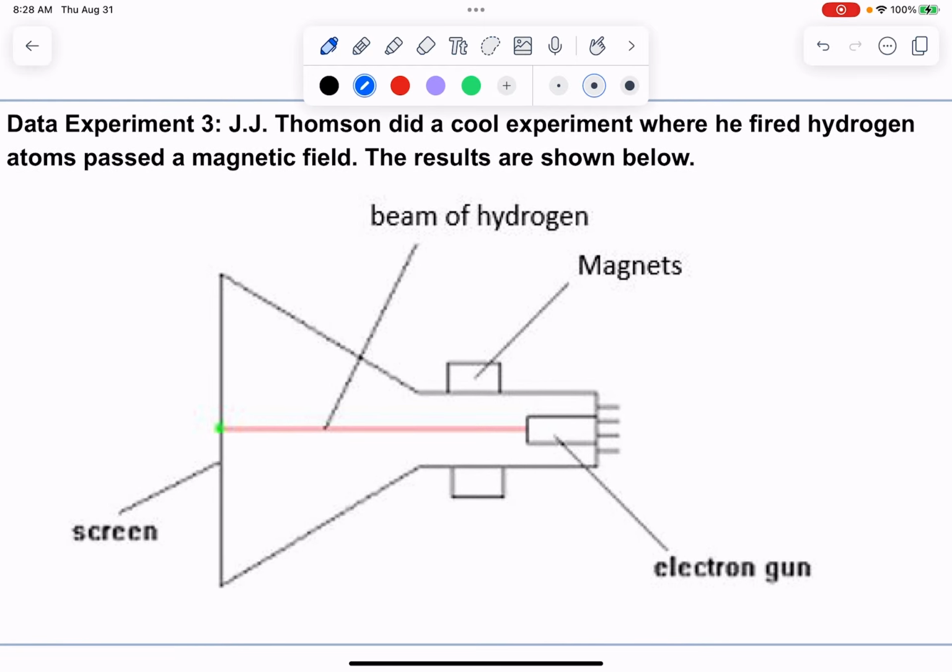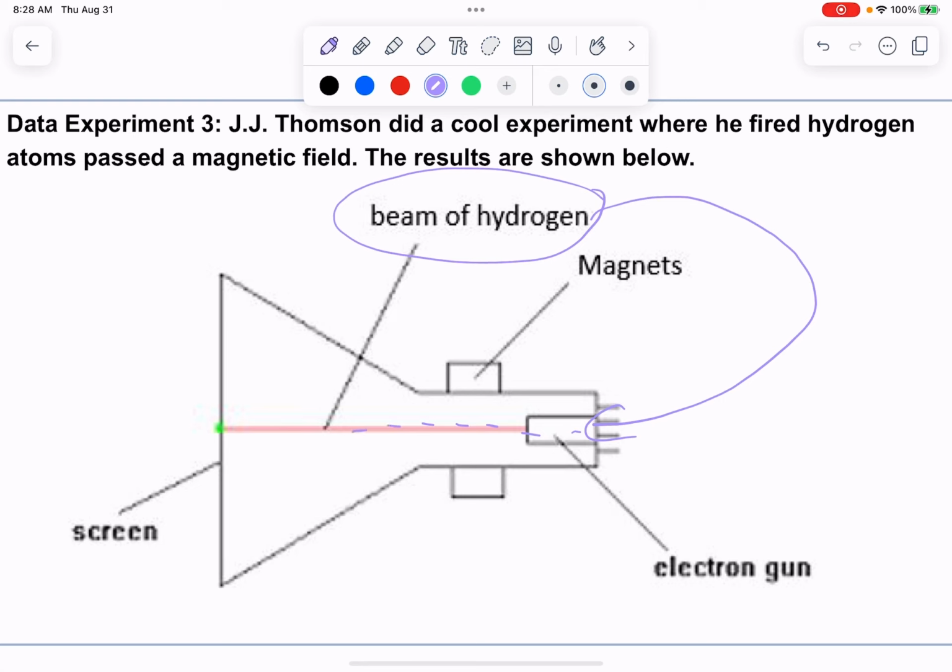In this experiment here, it's similar to the cathode ray tube, except all he's doing is taking some hydrogen. He's shooting it through his electron gun here, but in this case he's just shooting hydrogens. And those hydrogen atoms are run past a pair of magnets, a magnetic field. Now you'll notice it doesn't do anything,